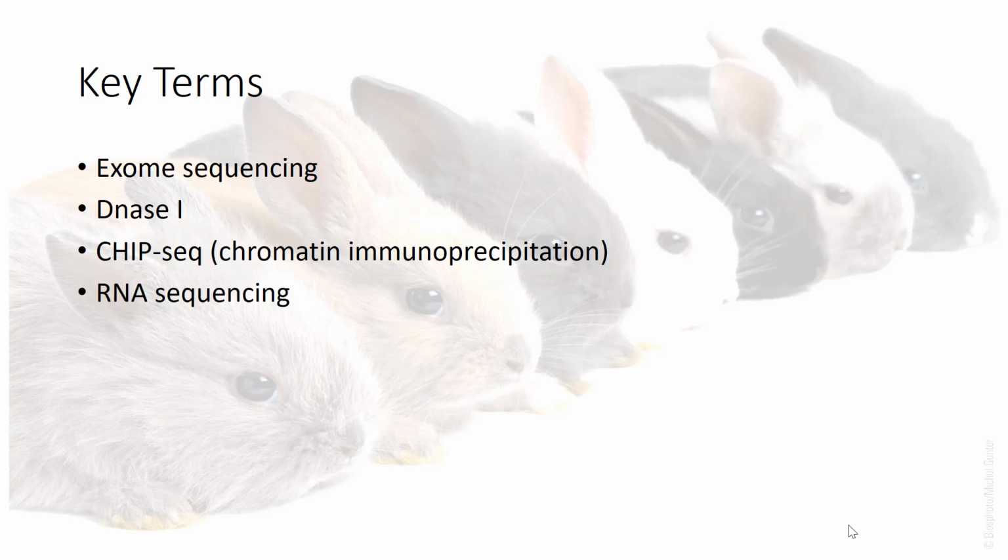RNA sequencing. So this is used to do gene expression studies where we're not sequencing the genome, we are instead sequencing whatever RNAs are present, whatever RNAs are actively being transcribed. And we can target this to very specific RNAs so that we can determine whether or not a particular gene is being transcribed or being expressed, and how much of it, relative amounts. And so RNA sequencing is a very valuable tool for doing this, although